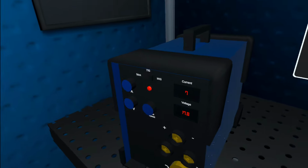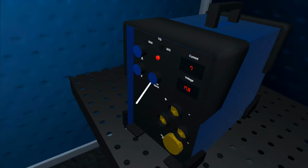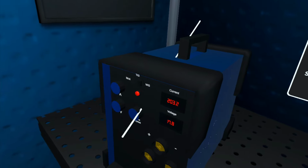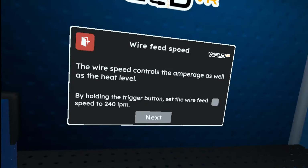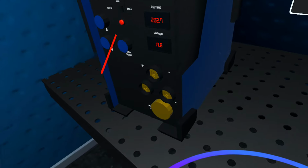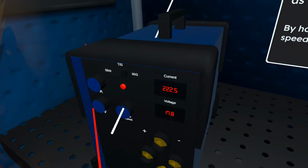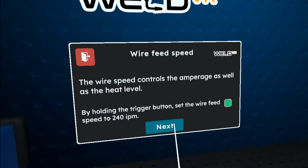Speed controls amperage as well as it affects the heat level. Okay. A speed that is too high can lead to burn through, and if the feed rate is low, the weld can run too cool for good penetration. Use the chart located on the machine for setting the wire feed speed. Gotta get it all the way up to 240. It's a little hard to get the dial in there, but it probably...